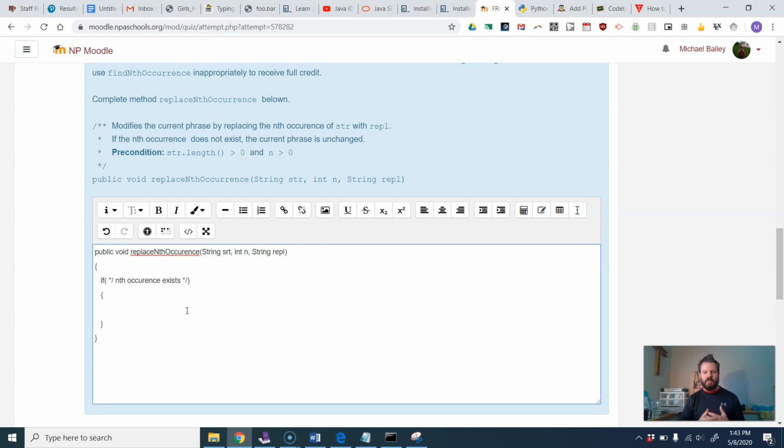In other words, I want to replace that nth occurrence in current phrase. So I want to say current phrase is equal to, we're going to make a substring of current phrase, and I want to go from 0 to where the nth occurrence is. It'd be nice to have a variable for that. Let's say int index equals